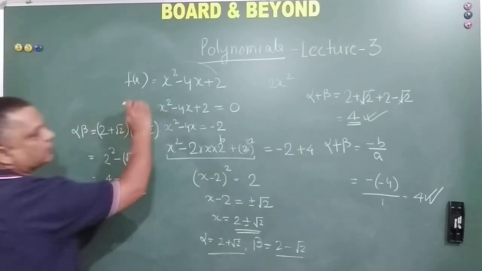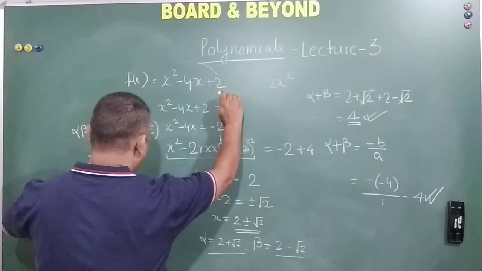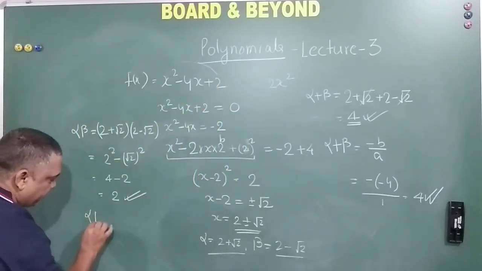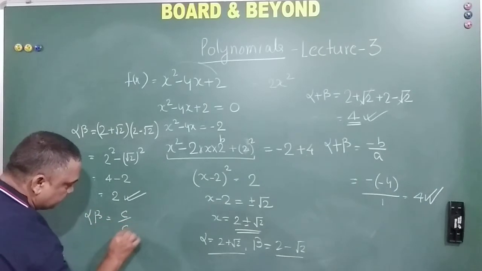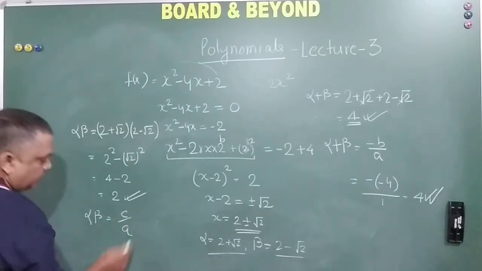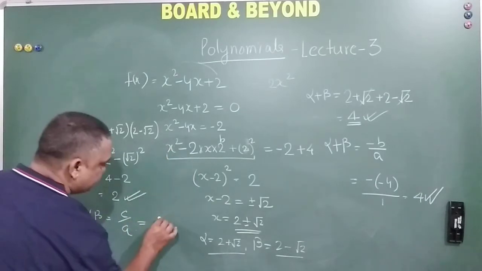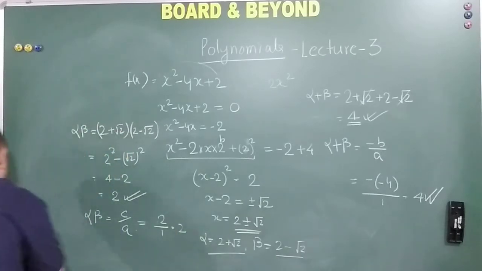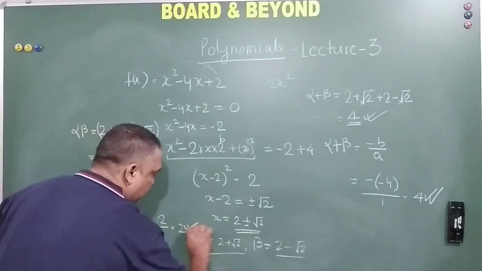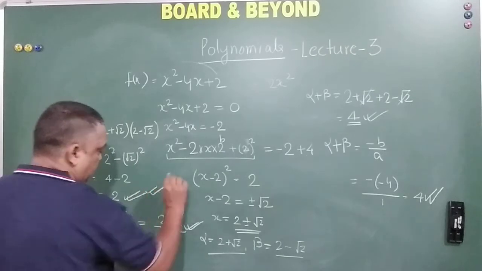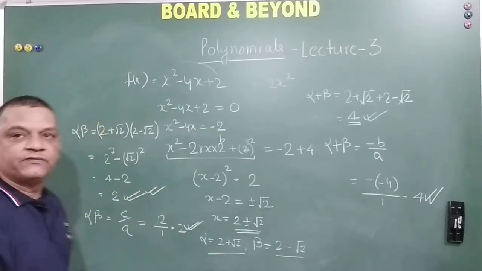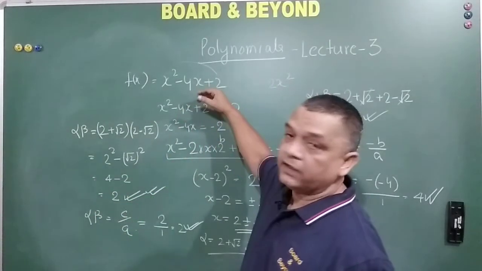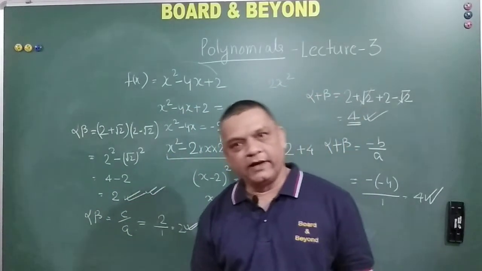Now coming to the quadratic polynomial. As per the quadratic polynomial, product of the roots alpha beta should be equal to c by a. So now c is equal to how much, my friends? It is 2, a is equal to 1, which is also equal to 2. Now you see this 2 and this 2. We are able to verify even the product of the roots for this quadratic polynomial. So here ends the sum.